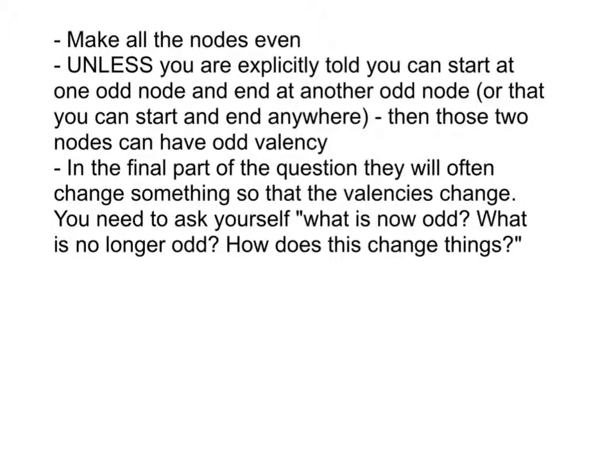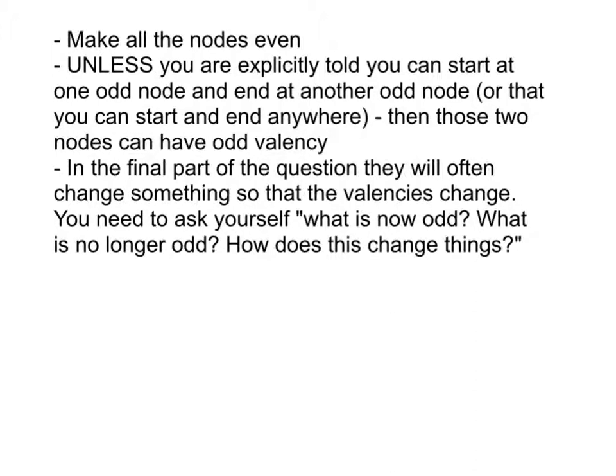In this video, I want to talk about the route inspection problem, which is all about making nodes even so that we can travel along all the arcs of a network. So, I've just put some top tips on this first page here. The main aim of the game and the first part of the question is usually always to make every single node even, because you want to be able to start and finish anywhere on your network so you can travel any route you like. So that will involve duplicating some of the arcs,